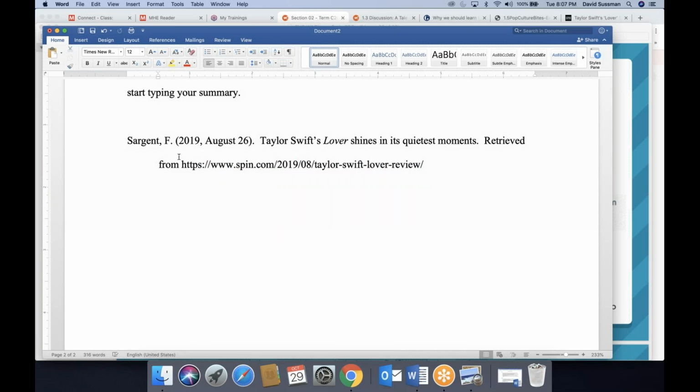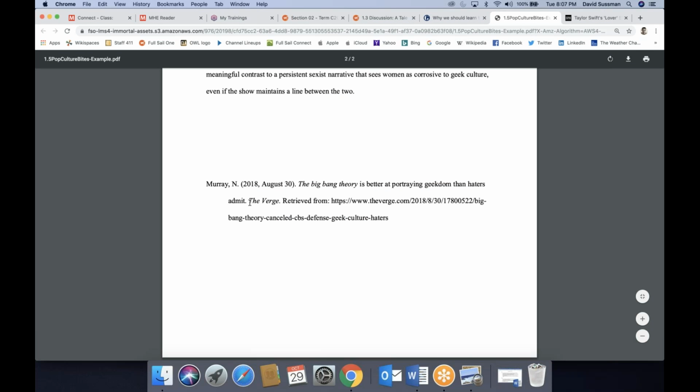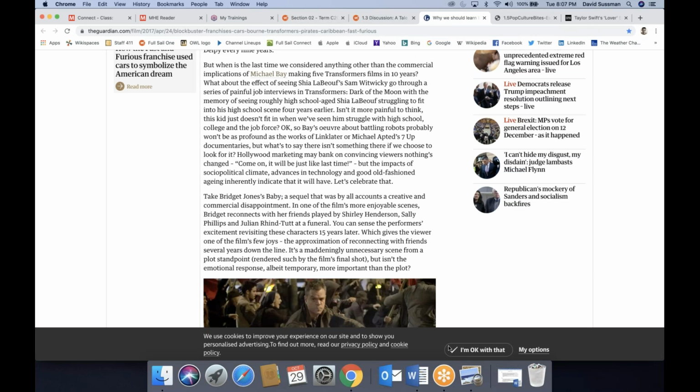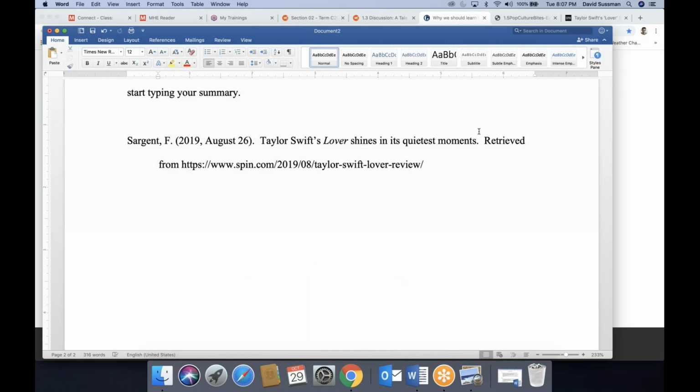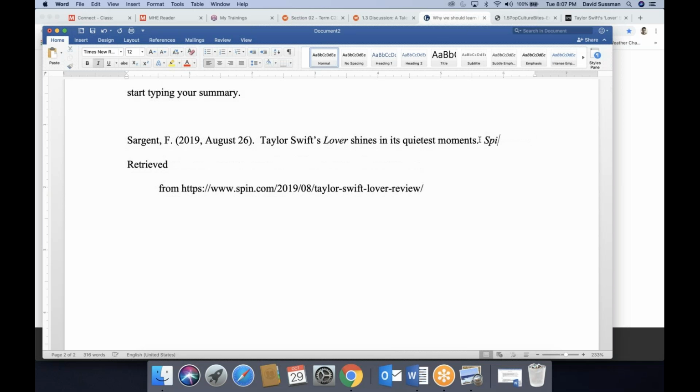There, I got the hyperlink to be removed. You might notice in the example here, she does mention the publication name and italicize it. The rule is that anything from the internet, you don't need to include the publication, but it's not terrible if you do. So if I wanted to put, for example, Spin Magazine, you italicize the name of the publication.